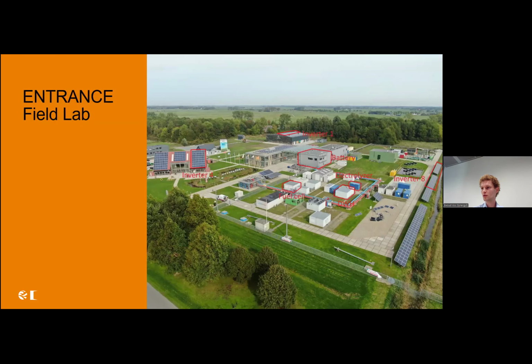What did we do with that setup? Well, we have a field lab here in Groningen, what you see on the right. This is Entrance, our field lab, and we have used a number of facilities from this field lab to represent the assets from Groningen Seaports. So imagine an electrolyzer, a 50 megawatt electrolyzer, which is planned at Groningen Seaports for 2030. So we looked a bit into the future because not all of the renewable assets were there yet. We have our own electrolyzer, and we use that as a scale model to do some physical testings on our multi-commodity energy system. Next to an electrolyzer, we used some PV parks from our field lab, a battery, and also a fuel cell. And we have been interconnecting those with digital twins, which I'll come to in a minute.